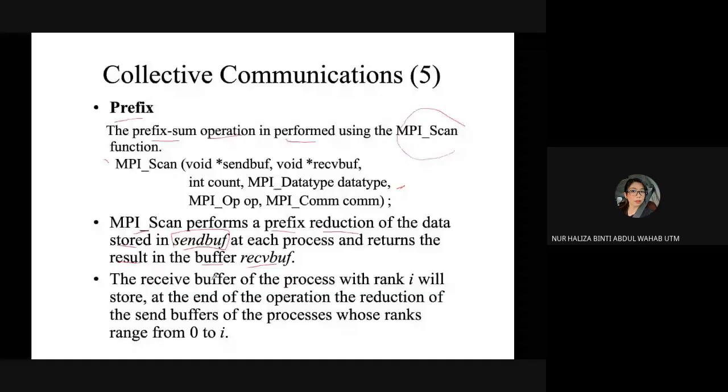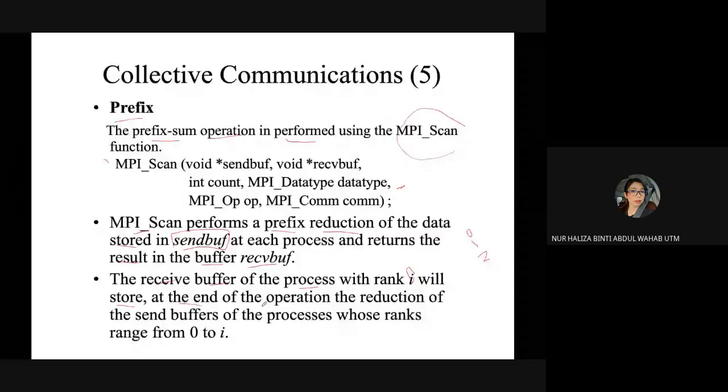The receive buffer of the process with rank i, whether it is rank 0, rank 1, rank 2, and so on, will store at the end of the operation the reduction of the send buffers of the processes whose rank ranges from 0 to i. If i is 2, then it is going to be up to 2.